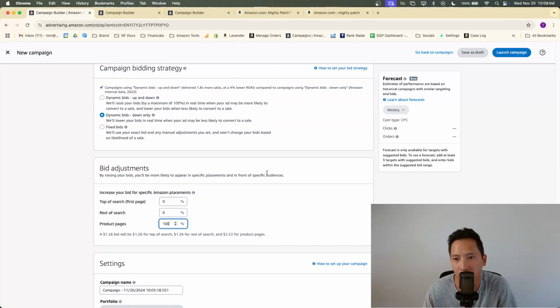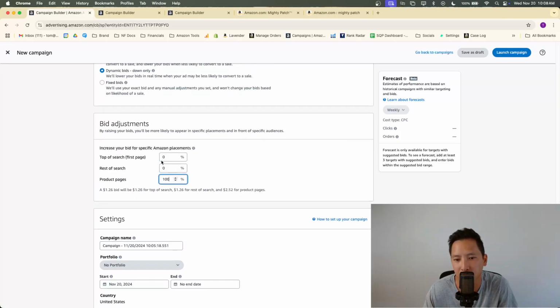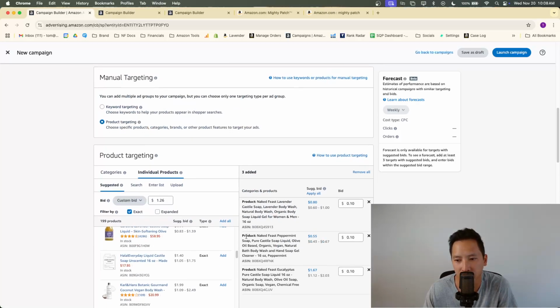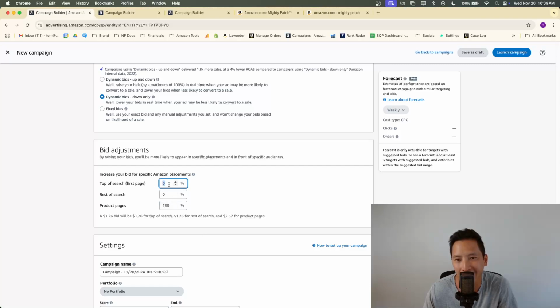The most important thing you want to do is make sure you're not showing up in rest of search and top of search. So whatever that base bid needs to be, say it's $1, your base bid here is $1. Make sure you're not getting any impressions or clicks on top of search or rest of search. It's going to make it a lot harder to optimize your